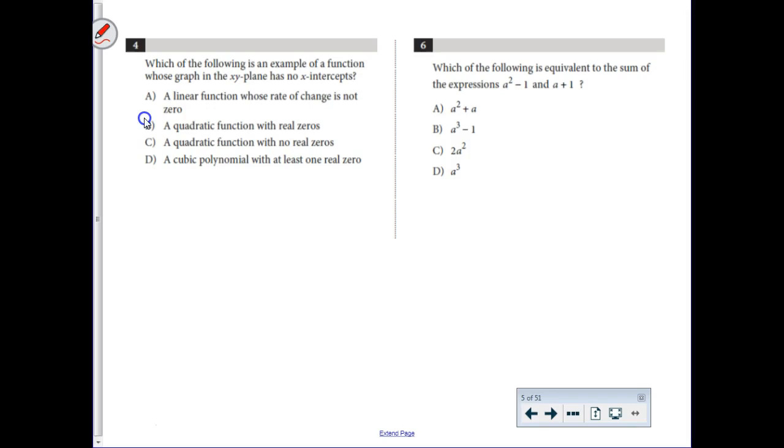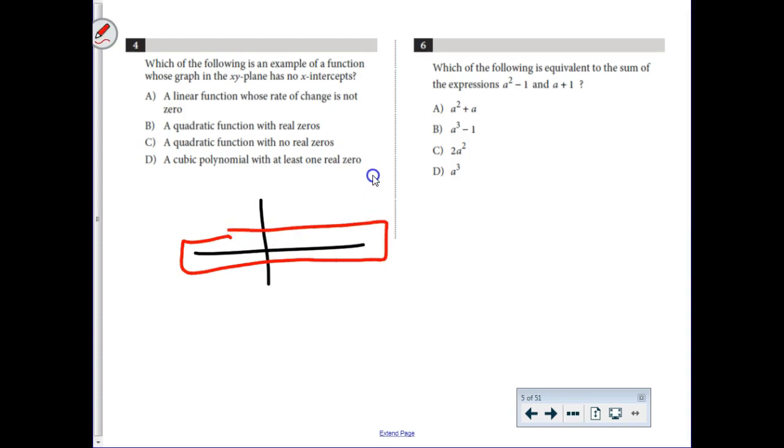Okay, number 4. Which of the following is an example of a function whose graph on the xy coordinate plane has no x-intercepts? So they're talking about something that gets graphed, and it never crosses the x-axis. So your options are a linear function, also known as a line, whose rate of change is not 0. No, because any line that has the rate of change is not 0. No. A quadratic function with real zeros, a quadratic function with no real zeros, and a cubic polynomial with at